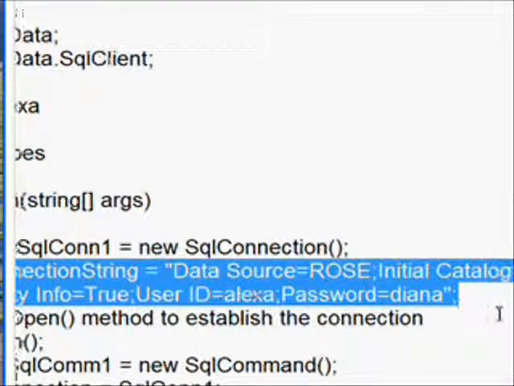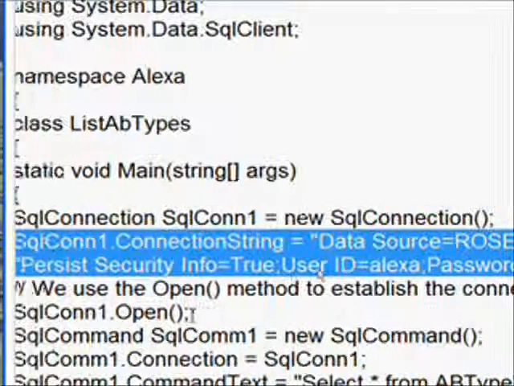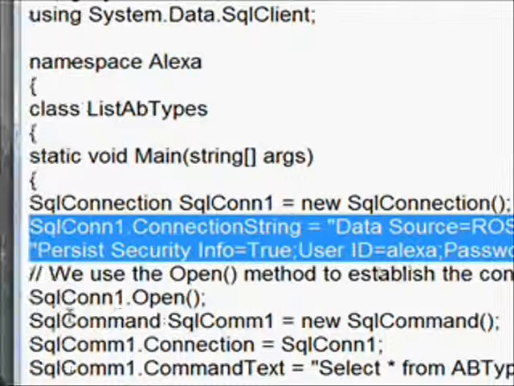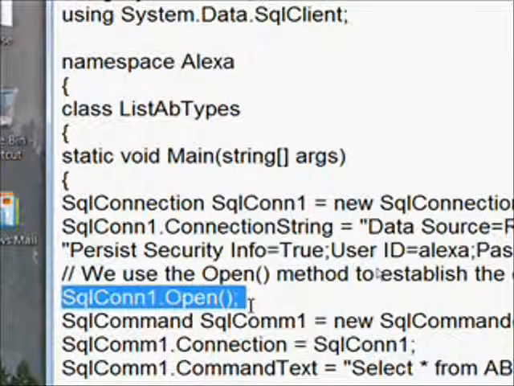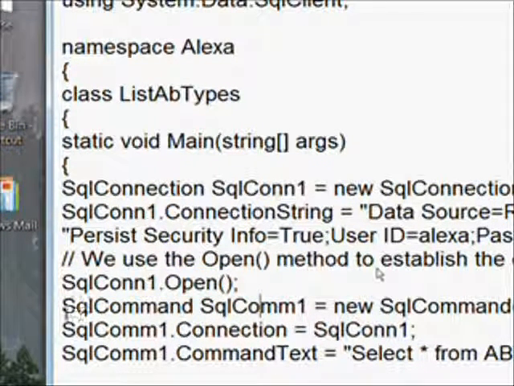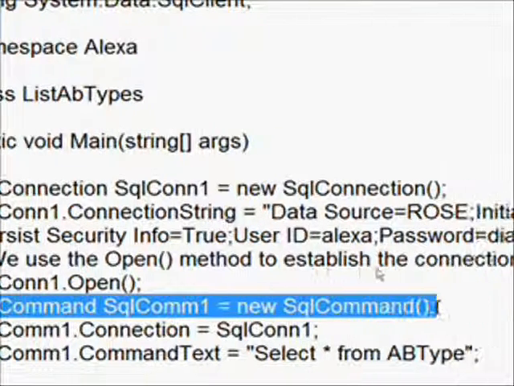And we set the parameter or the attribute connection string to a connection string that we derive via techniques that I describe in previous lessons, and I'll show you how to look at those lessons in a little bit. Then we do the open method on the SQLCon1, and then we create our second major object, the SQL command,